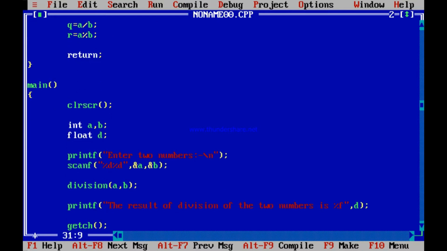I return. Can I print the result of division of the two numbers, or the quotient and remainder?